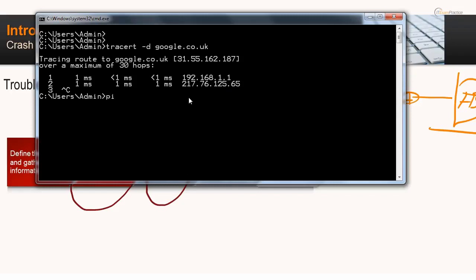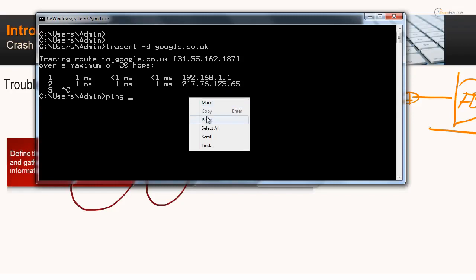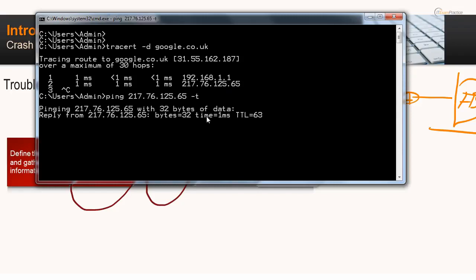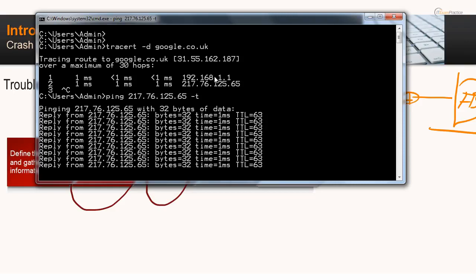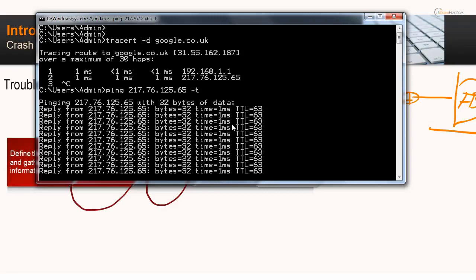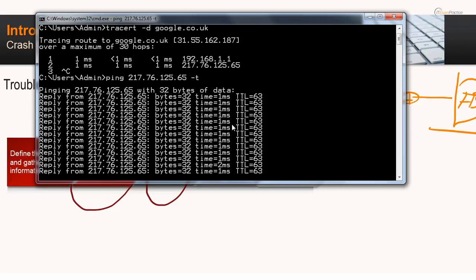Let's ping it. Again, -t. Please note, 1 millisecond, stable. Do you understand? Yeah, then it can be more difficult because you can have a firewall and so on, but